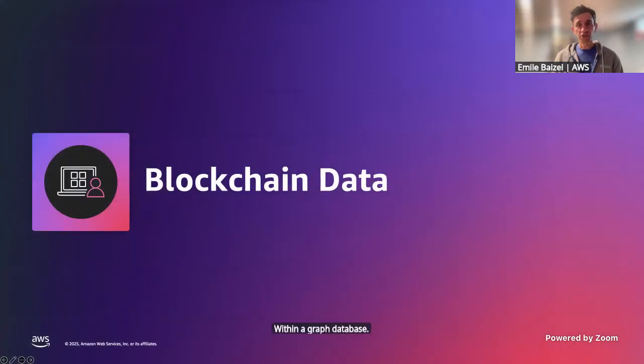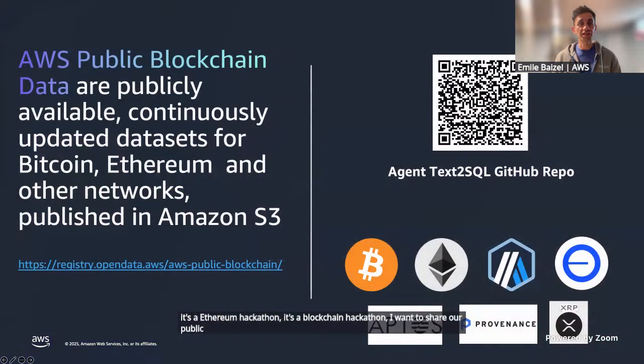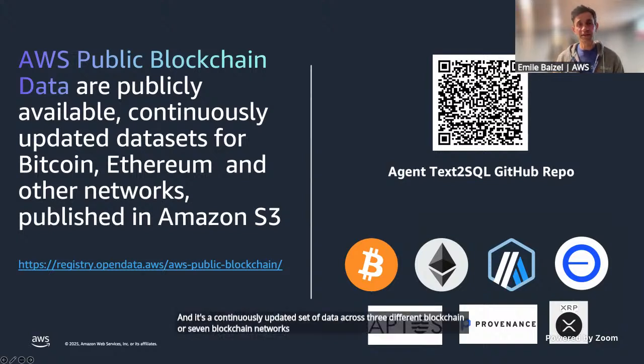The last thing I want to touch on, not related to generative AI, but because it's an Ethereum hackathon, a blockchain hackathon, I want to share our public blockchain data. This is free data. It's available on AWS public data sets. It's a continuously updated set of data across 7 blockchain networks. The way to think about this is the data gets parsed from the blockchain, it gets put into an S3 bucket,